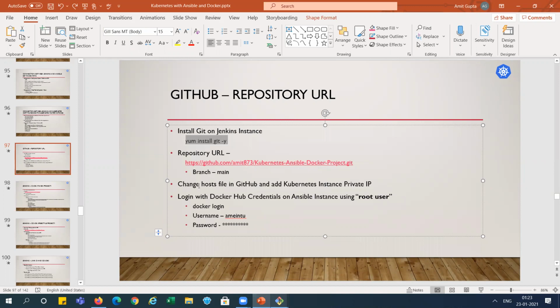And also you can see here in the host file for GitHub, we need the Kubernetes instance IP. I think this is a private IP. Let's check, right? I'm going to the GitHub URL, this one.